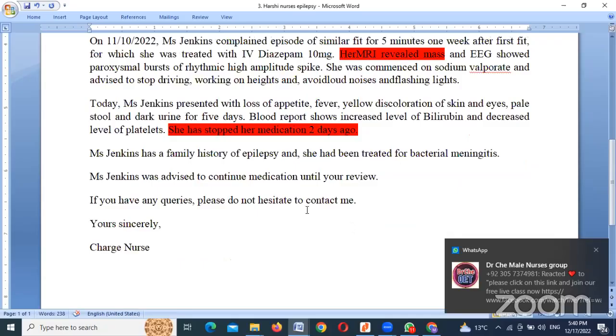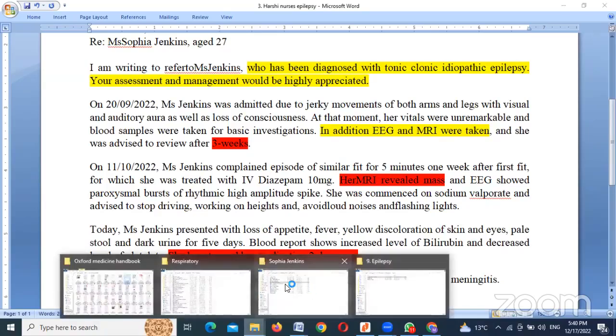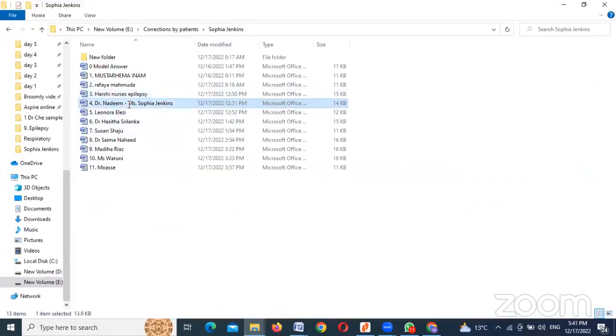Then write the conclusion. Overall, Miss Harsh's is a good letter, but it can be improved, please. Okay, it can be improved. So, Dr. Deem,